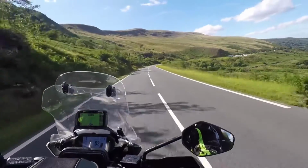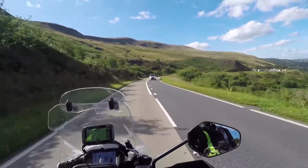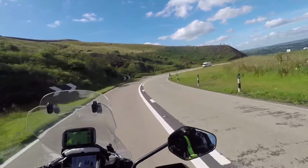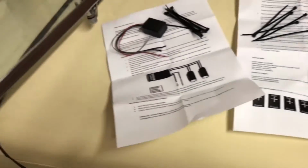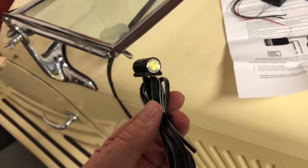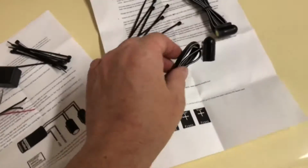How effective they'll be, I don't really know, but I'm willing to bet they will make me more conspicuous and add to my safety. So here's how I fitted them and what they look like at the end of the day. Right, the next thing is to give my bike some extra visibility, and so I have some BikeVis bullet LEDs